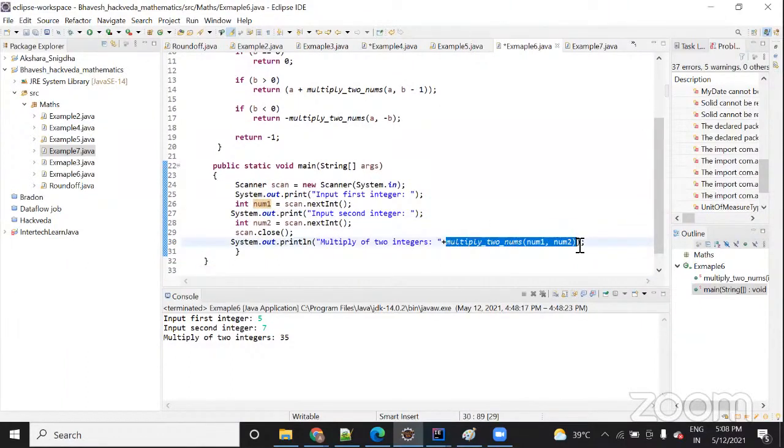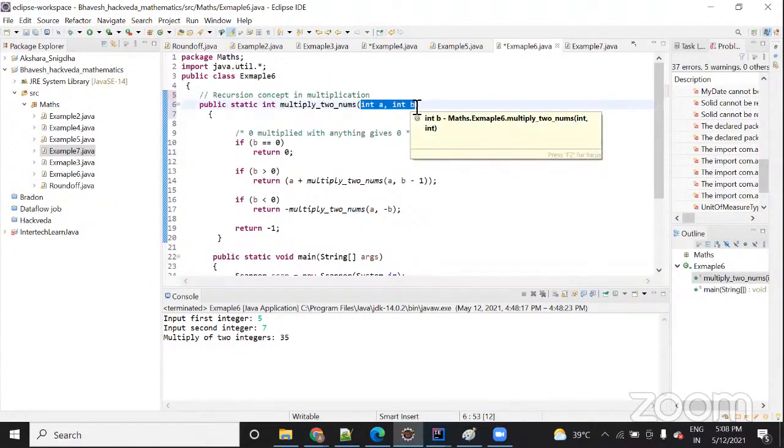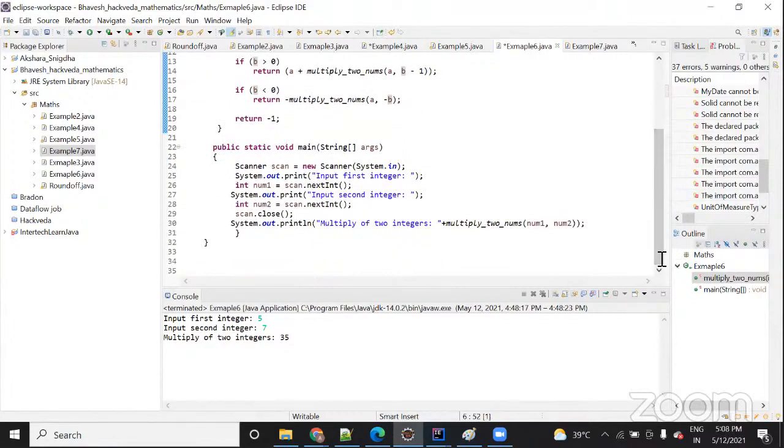You only have to pass two numbers. It can be any numbers. But when you are declaring, what are you using here? Variables a and b, right? That's why I'm saying this is called a parameter, which is with respect to the function, not with respect to the code.